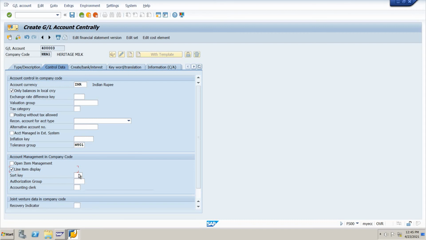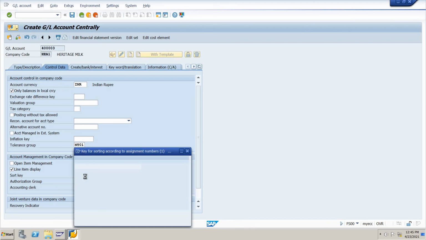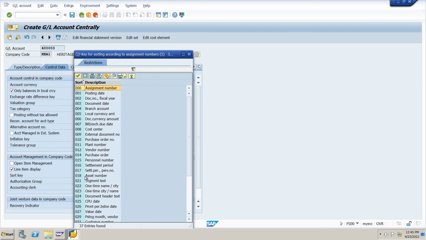Sort key. Sort key means what? If there is a report, if we are in the miscellaneous expenses reports, what do you want the system to show? So let me see what the options in sort key are. If you are in the miscellaneous expenses account reports, which things do you want to show?